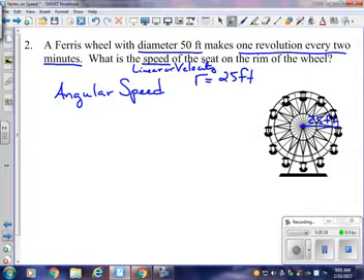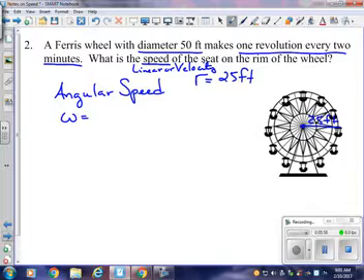But in some problems, you might have a negative velocity because maybe you're dropping something and gravity's pulling it down. So we're not going to focus on any negative ones right now, so we can use those two words interchangeably. Linear speed or velocity mean the same thing. In order to find that, though, you've got to find your angular speed, because first you've got to figure out